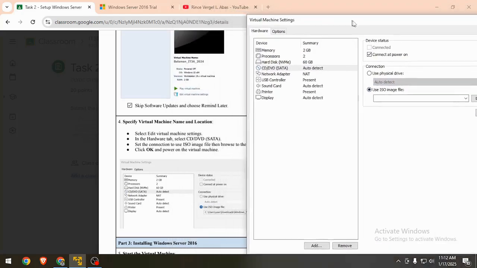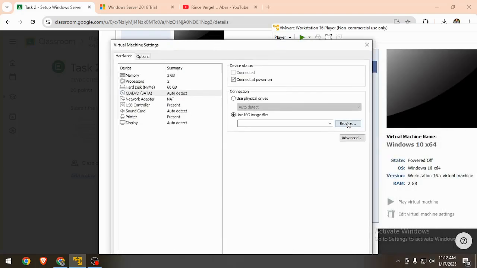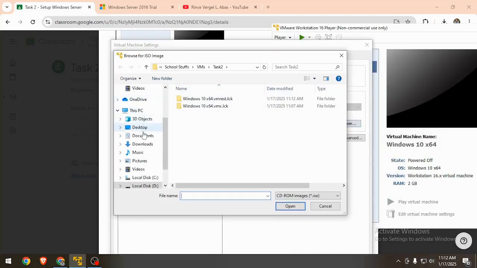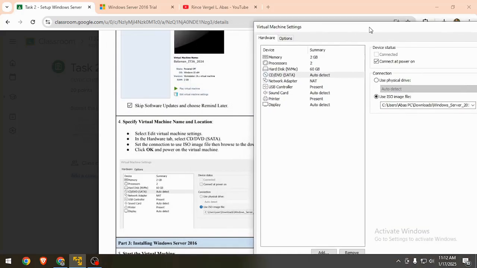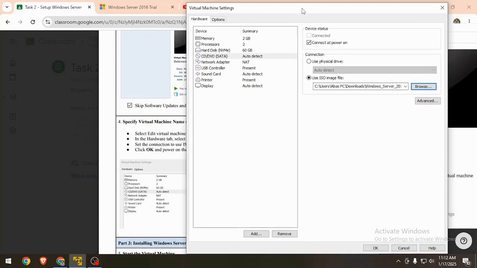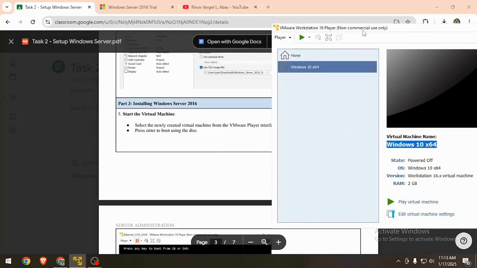Then browse to the file you downloaded, the Windows Server 2016, click open, and then click OK. Next, start the virtual machine.